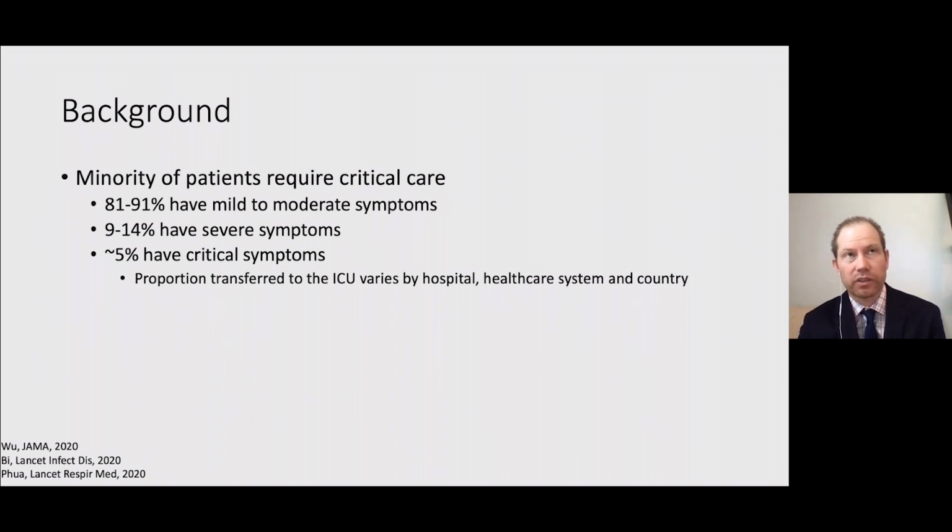And I should say that to some extent, these numbers vary by hospital, healthcare system, and country. So if we define severity of illness based on the level of care, hospitals that have higher ICU capacity, for example, Italy, might appear to have patients who have a higher level of care or need a higher level of care, as opposed to the countries, perhaps in the developing world, where there are fewer ICU beds available. But in general, a minority of patients with coronavirus develop critical illness, but those that do are quite sick.